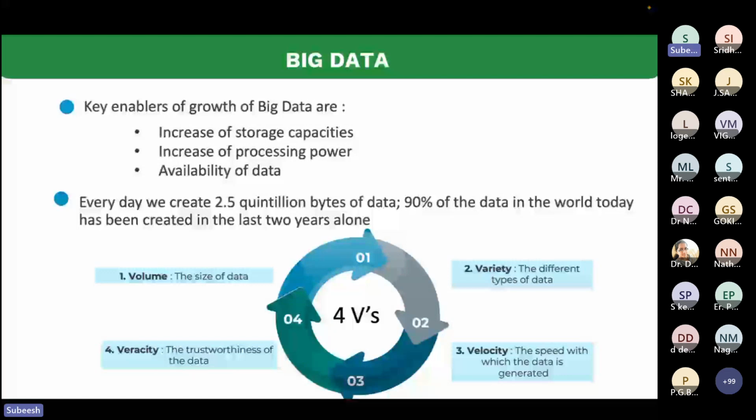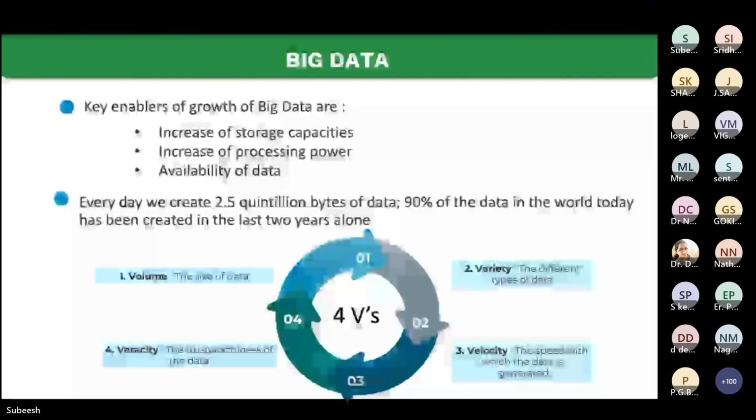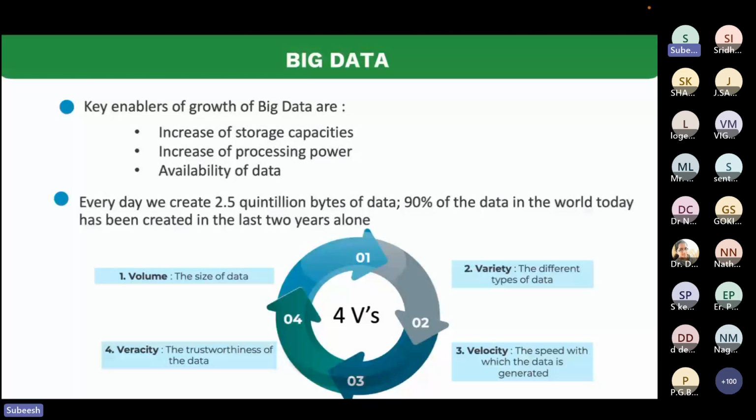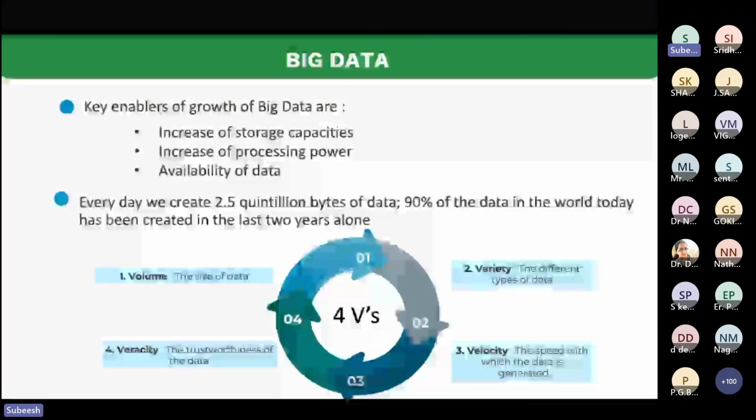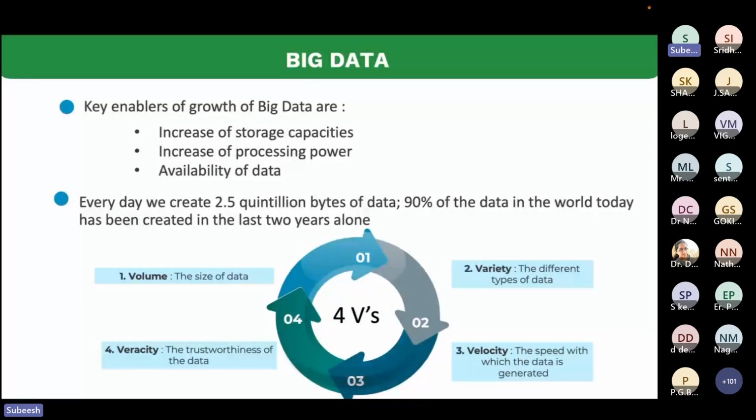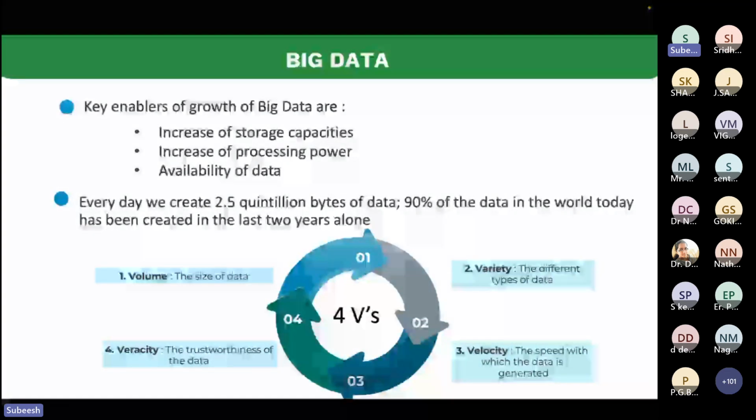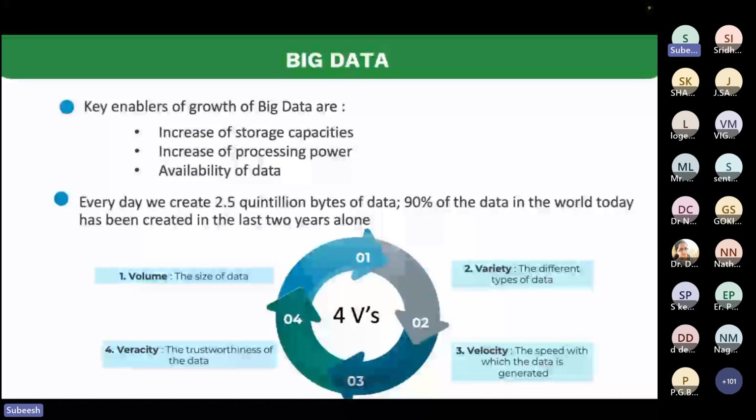We had very small storage capabilities, and the processing power of the systems at that time was not even what we have in our mobiles these days. It was coming in 512 MB and 256 MB of RAM, with Intel Pentium processors. All this was when I was doing my 10th standard. So there was no big data concept at that time.